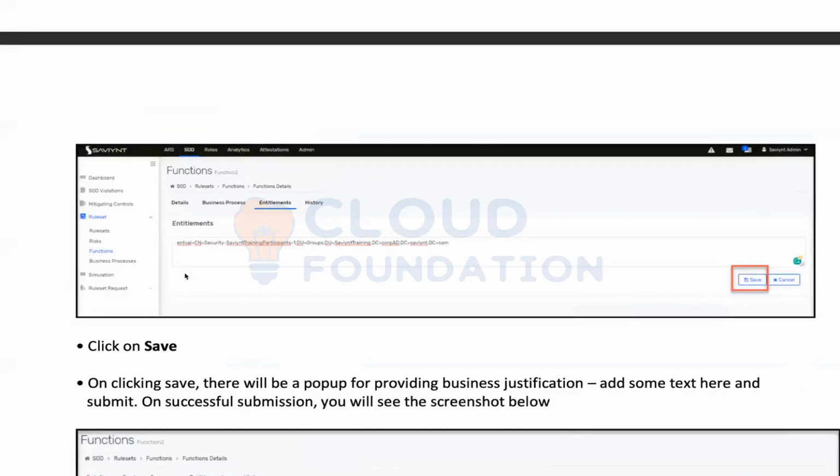Sometimes you can accept it, that this is a problem. We know that the end user has these entitlements.